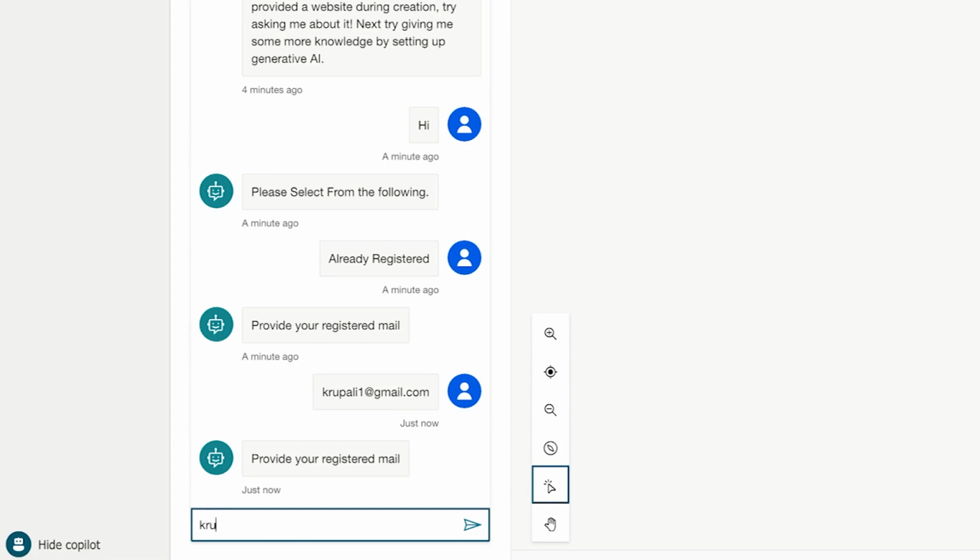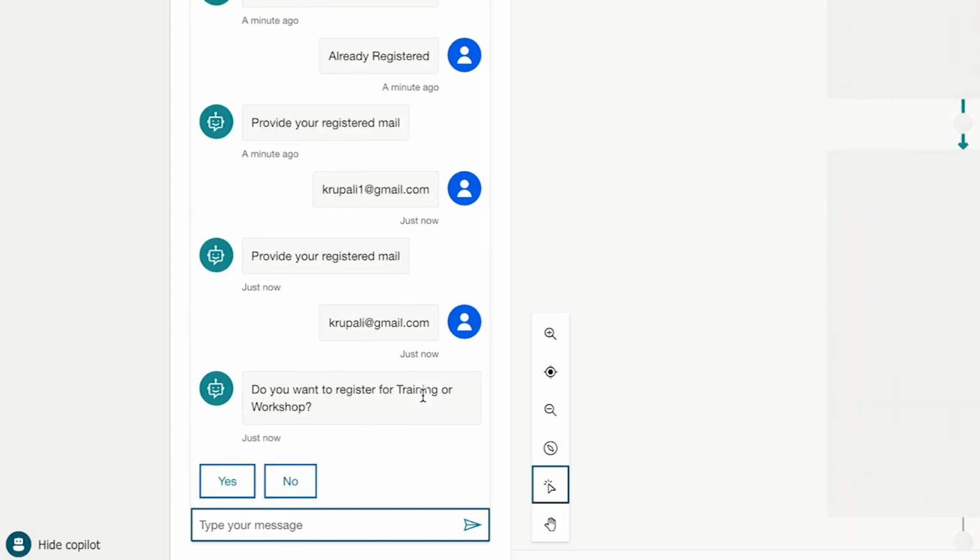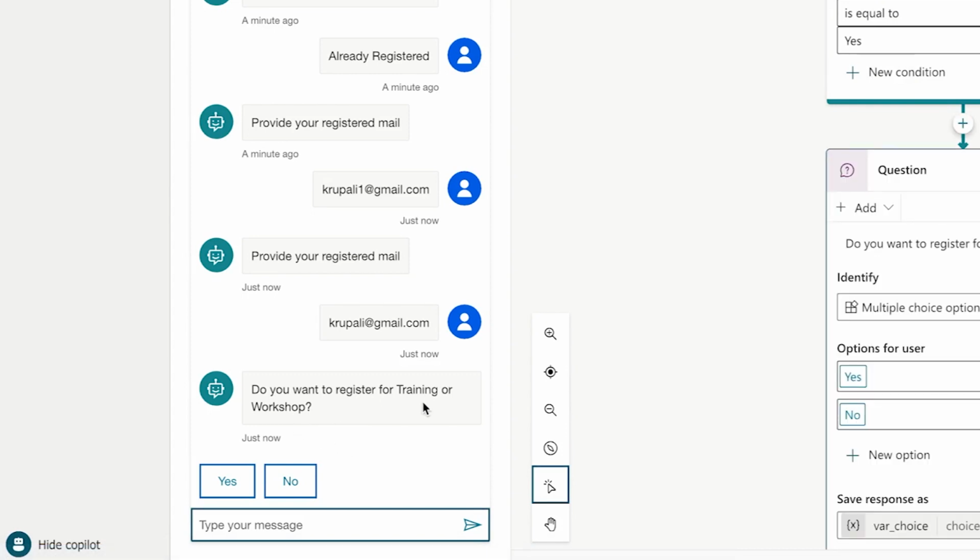This time, let's say krupali@gmail.com, and since I have written the correct email ID, it goes to the further process, asking do you want to register for training or workshop or not. If I say yes, then the further process will go. But if I add an incorrect email ID one time, it gives me a second chance.